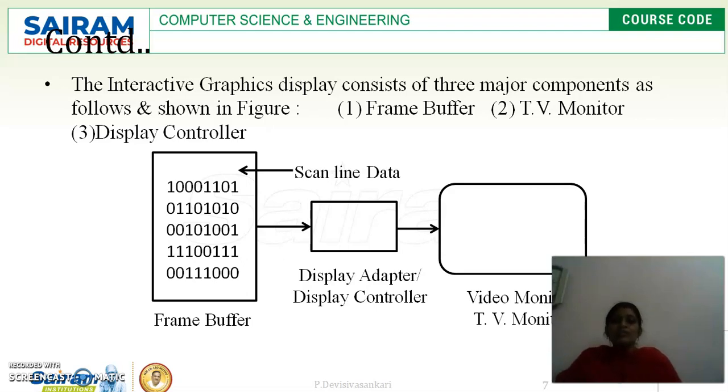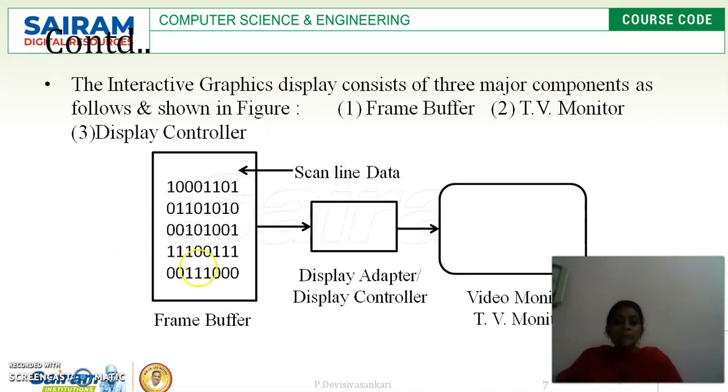Okay, so here if you see the frame buffer, it is a combination of zeros and ones. Usually it will be represented using the combination of zeros and ones. Inside the frame buffer, we will have the scan line data. According to the object we are going to show, the scan line will be drawn from top to down.